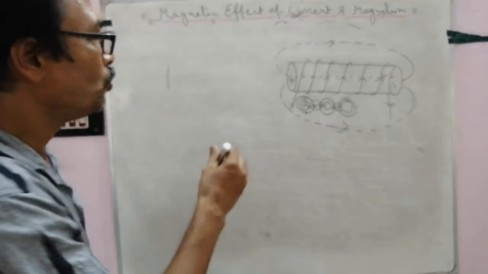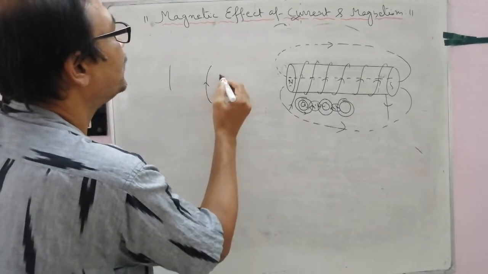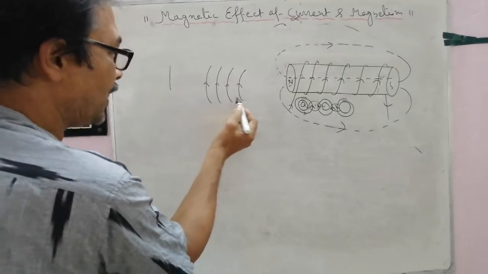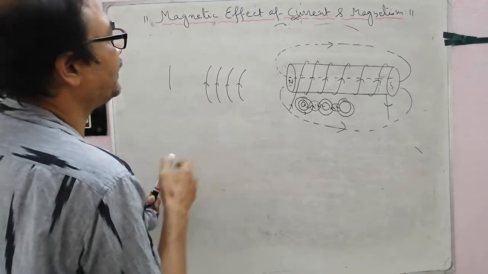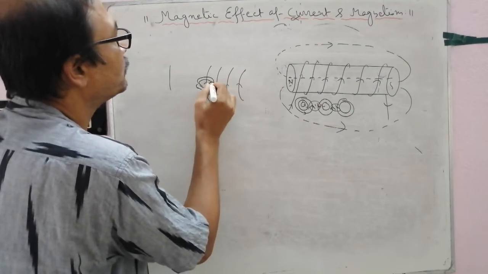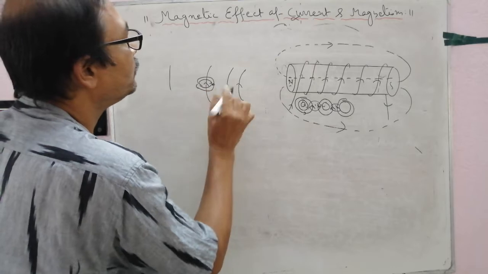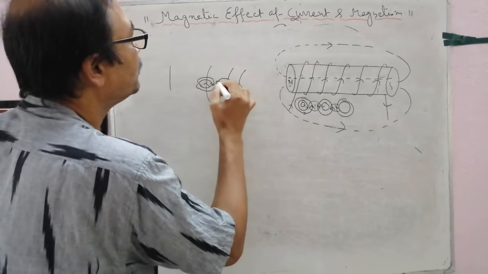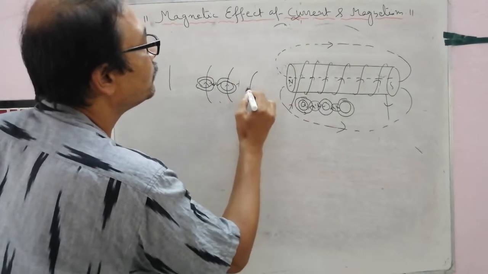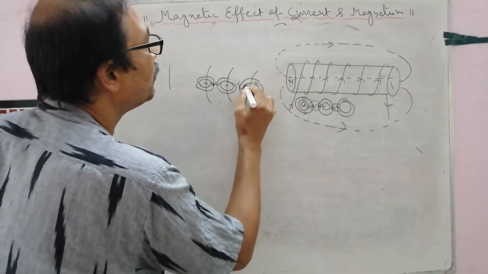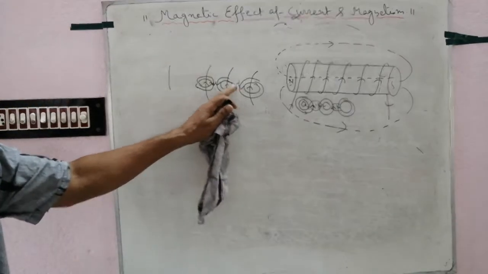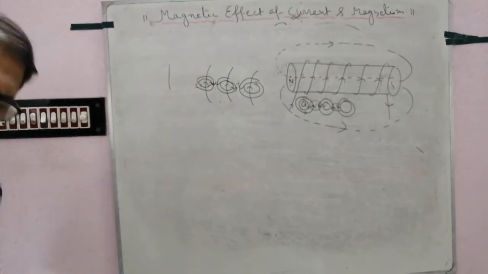Here, this is a layer, this is a layer, side by side. This is a turn, one turn, two turn, three turn, first turn, second turn, third turn. Follow, this is the magnetic field in this way. This is the magnetic field. Follow, these two lines of force are opposite. Due to these opposite lines of force, the magnetic field outside the solenoid is nil.